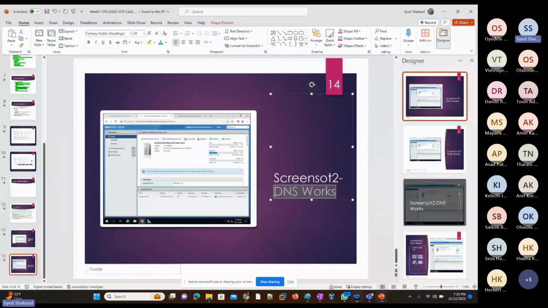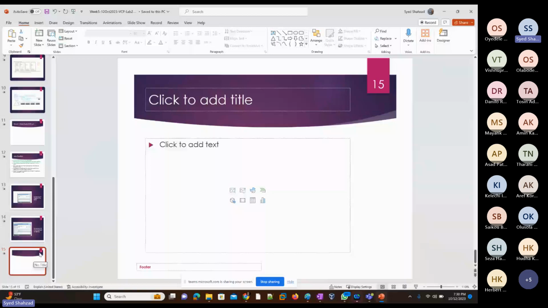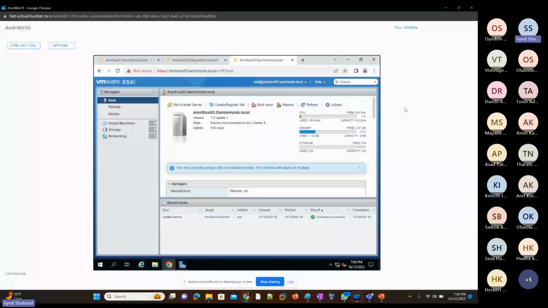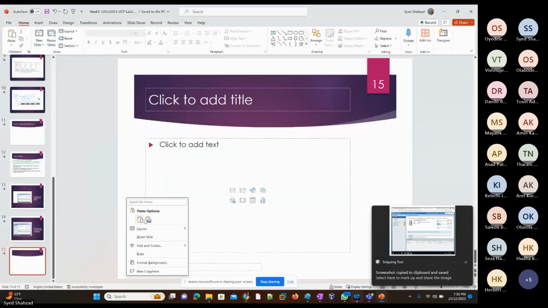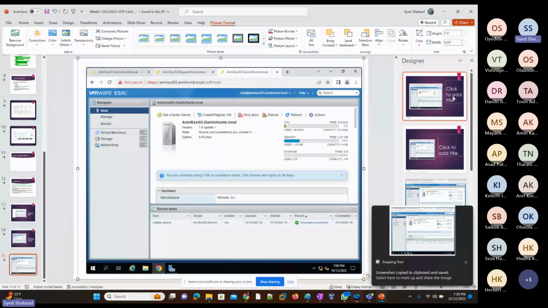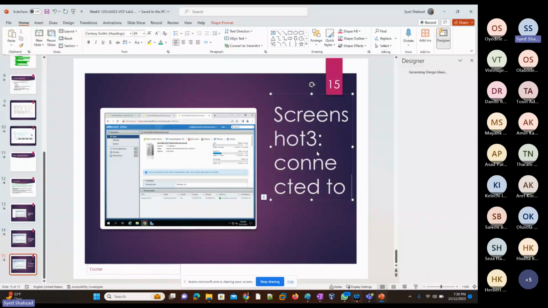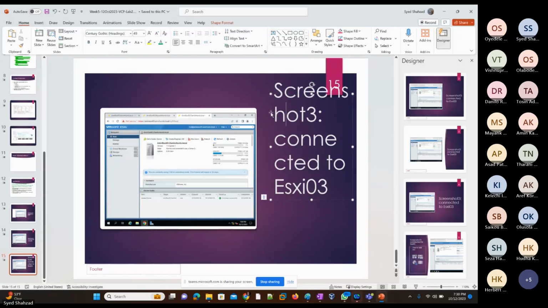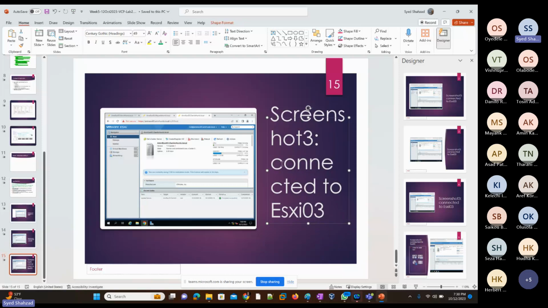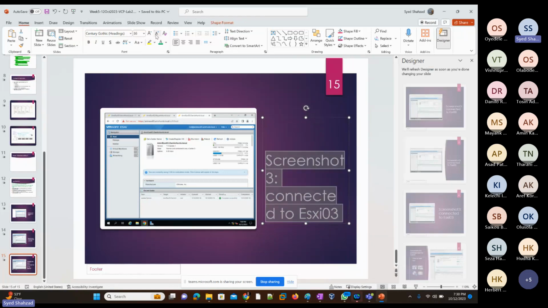Connected to ESXi2. And then I'll just go back here, ESXi3 screenshot, your name should be showing there. It would be screenshot 3 connected to ESXi3. Screenshot. Okay, once we do that, now let's go for exploration of how